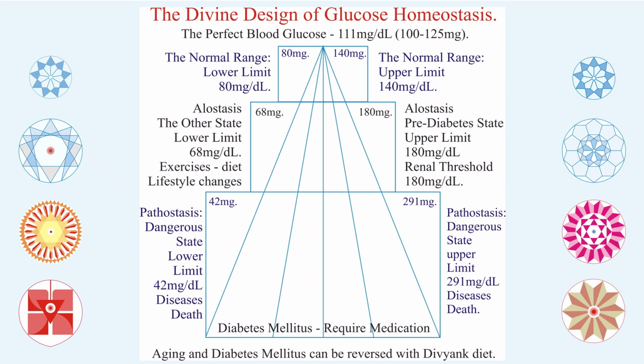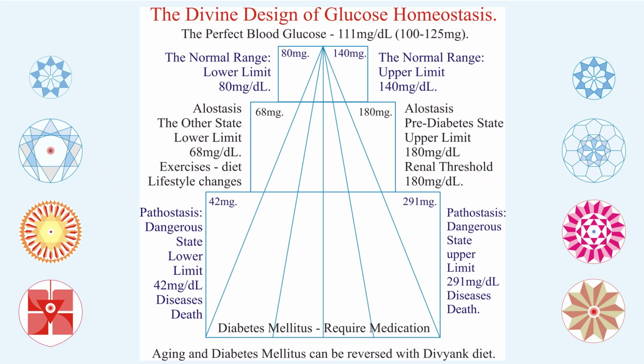But if it becomes below 80 to 68, or more than 140 to 180, that's where the problem of the pre-diabetic stage comes, because up to 180 there is no problem, as sugar will not appear in urine. As a result, it is not diabetes mellitus. But the potential is there, and it can be rectified with diet control, exercise and things like that very clearly. But when it becomes lower than that or more than 180, that is where diabetes sets in, and that needs treatment, and we leave it to the doctor how to go about it